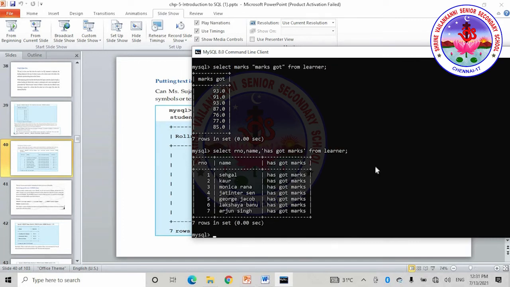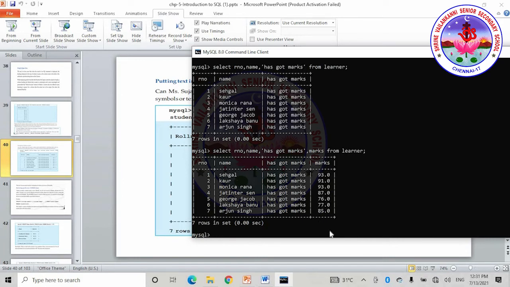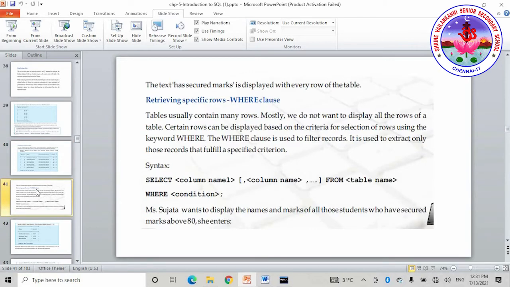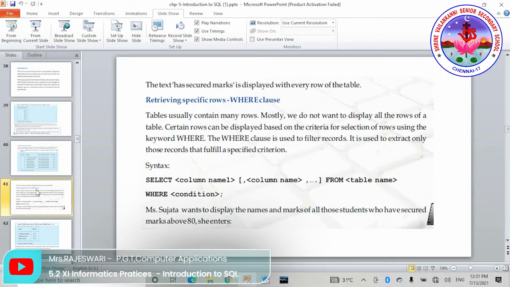And I have not given the marks column here, so you have to provide the marks column from learner. When we give it like this, Sehal has got marks 93, Kaur has got marks 91, Monica Rana has got marks 93, Arjun Singh has got marks 85. Now it makes your table more presentable and meaningful, no? So this is why we can use text inside the query output.